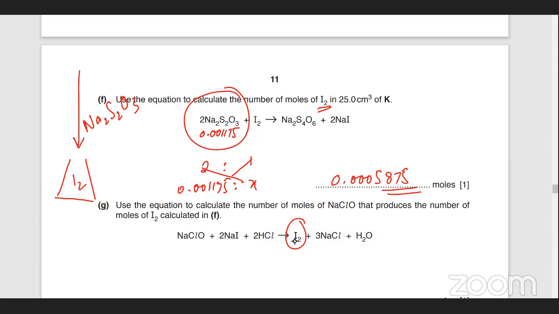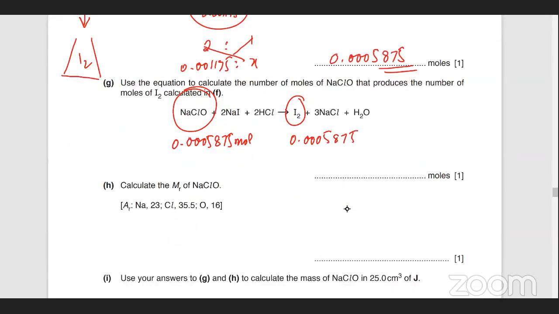यू हैव आयोडीन ओवर हियर। अब वो कह रहे हैं कि इसके मोल्स बताओ, तो सेम होंगे क्योंकि रेशियो 1 है, एक मॉलिक्यूल से एक मॉलिक्यूल बनता है। तो इफ दिस इज 0.00000587 मोल्स, तो इसके भी मोल्स एग्जैक्टली सेम होंगे, ठीक है। तो इसमें तो कोई वर्किंग करनी नहीं थी, फ्री के मार्क्स हैं, ठीक है।